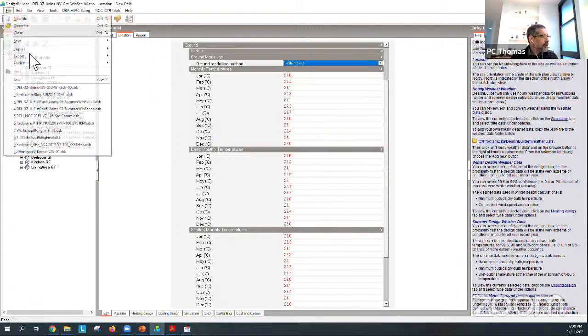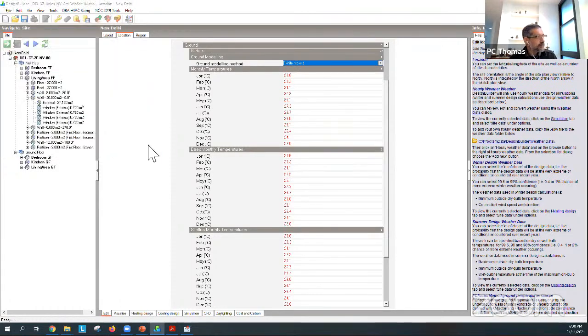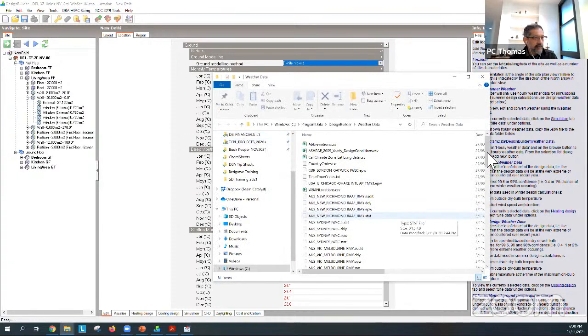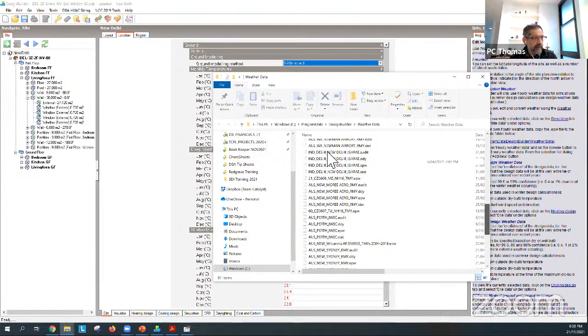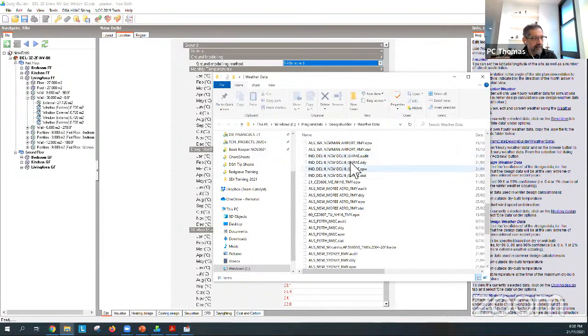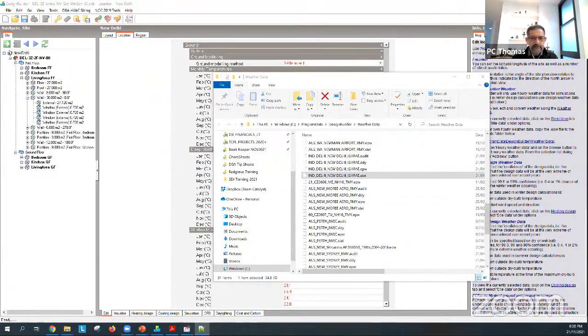So I went to the EnergyPlus weather data folder, and I looked for Delhi, and you'll find them here: India, Delhi, New Delhi, ISHRAE, and then this statistics file, which I opened using a text editor,